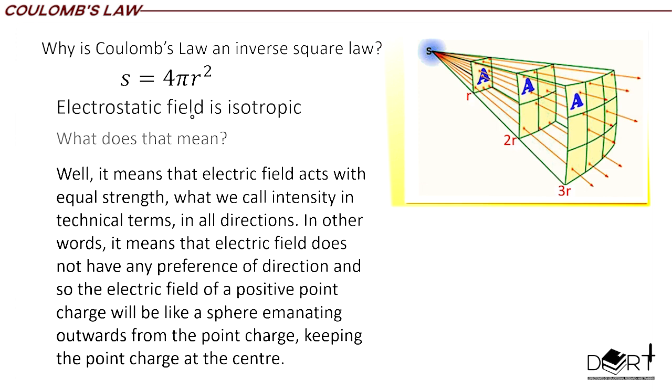The idea is that the electrostatic field is isotropic, and as I said, it means that the electric field acts equally in all directions. It has no preference of direction. So if the field spreads out equally in all directions, then it gets equally divided as the area increases. That is the idea. Now there are 2 more things that I would like to mention before I close this topic. The first thing is, when we talk of 2 point charges in Coulomb's law,